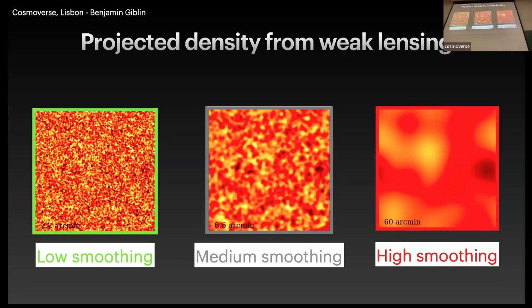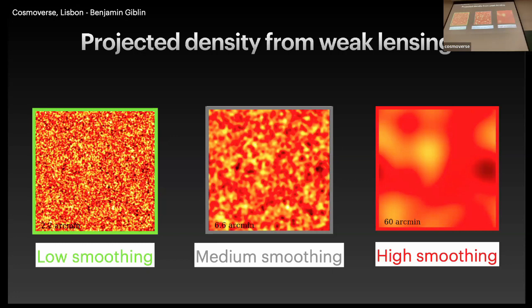What I'm saying here is that depending on the amount of smoothing you apply, you extract different features from the maps. If you apply a low amount of smoothing, you get a lot of small-scale information in the map, but you also get a lot more noise features. And if you apply more smoothing, then you lose all that small-scale information, but you might get something that has less noise in it. So now I'll talk about the statistic that I'm advocating we can use that is based